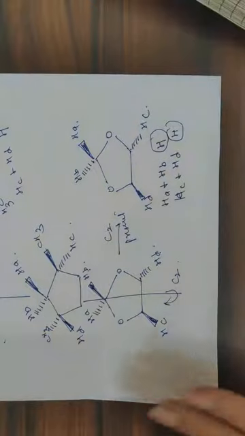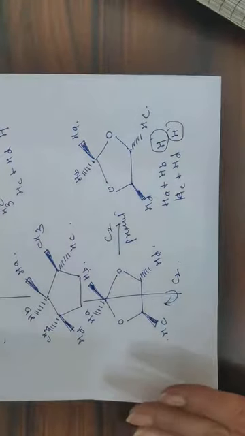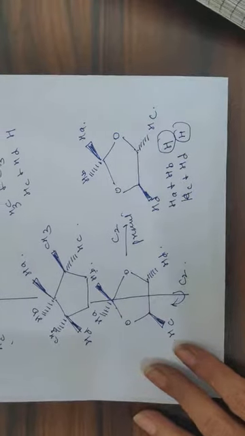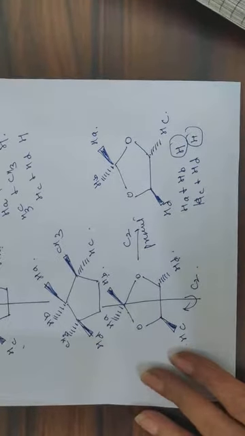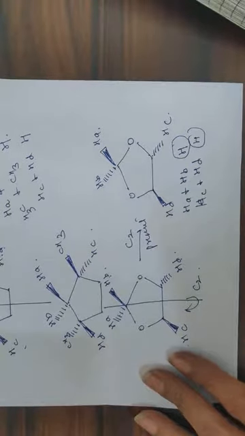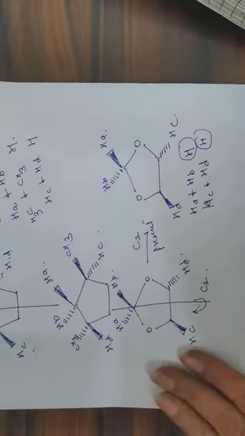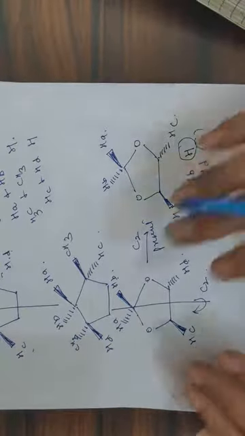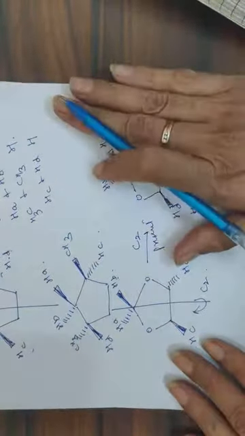So, in order to find the number of signals in any organic compound, you have to find out the relationship between those protons. If the protons are homotopic, then these will give one signal in NMR spectroscopy. And if the protons are enantiotopic, even the enantiotopic protons also give the same signal. These are not different from one another. Only the diastereotopic protons will give different signals in NMR spectrum. So this is the usefulness of these protons.